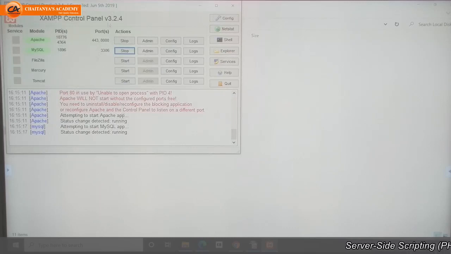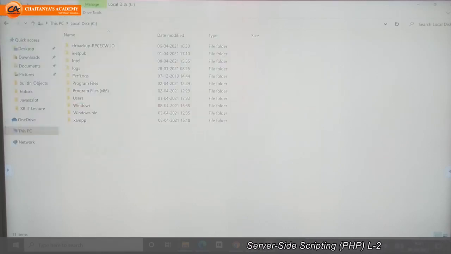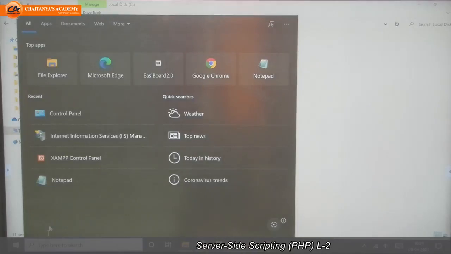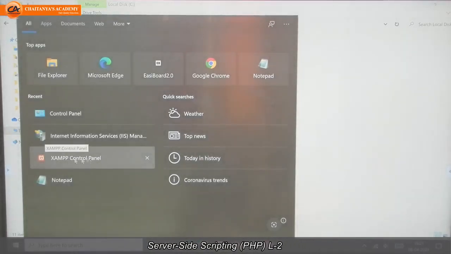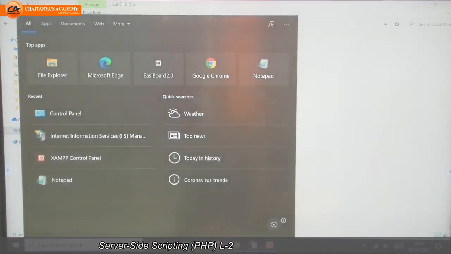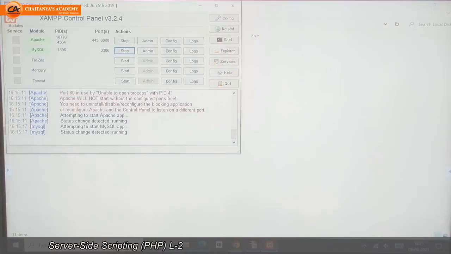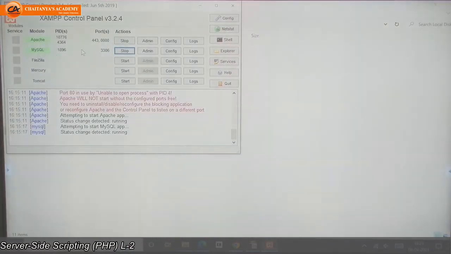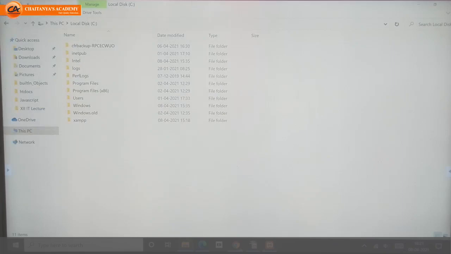Without starting the server, you can't run your program. So before running your program, go to search and open the XAMPP control panel. From there, you can start Apache and MySQL for PHP purpose. We have these two things. So once it has started running, then you can write the program.